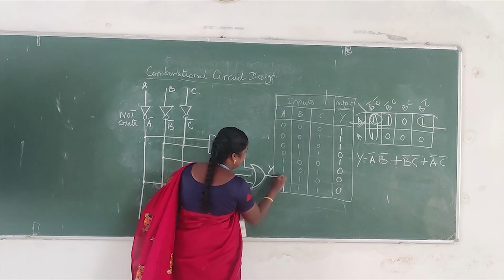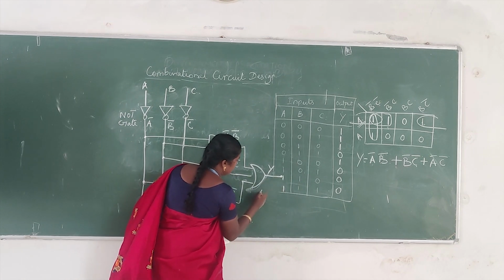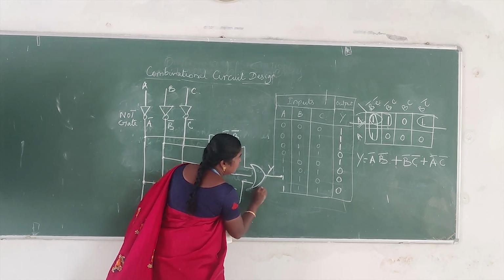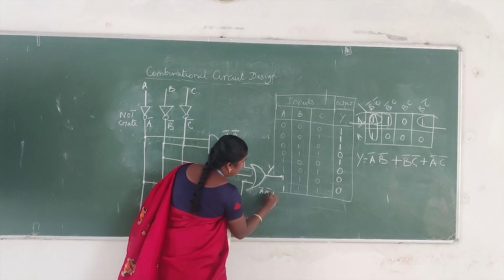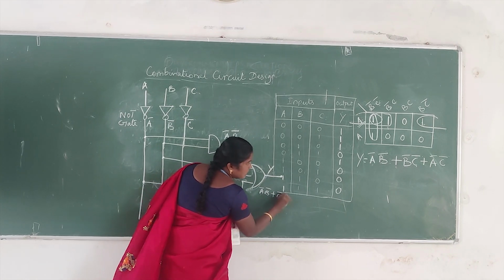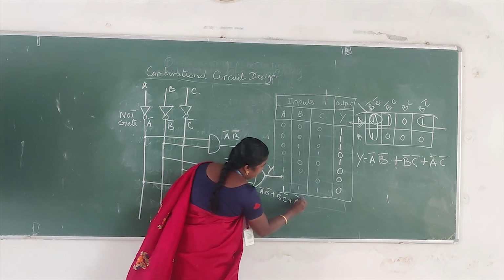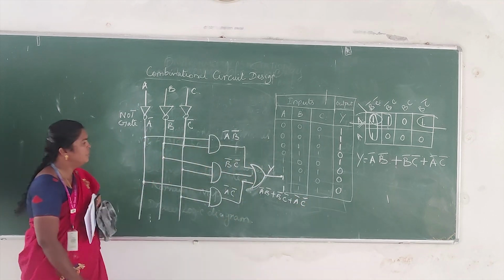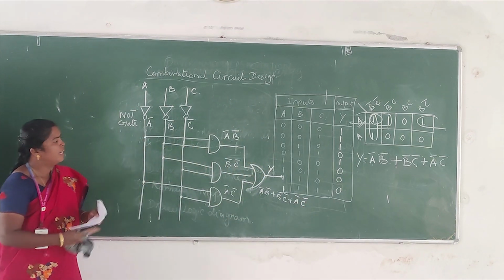Output y, the output is y equal to A bar, B bar plus B bar, C bar plus A bar, C bar. Okay. This is the finalized